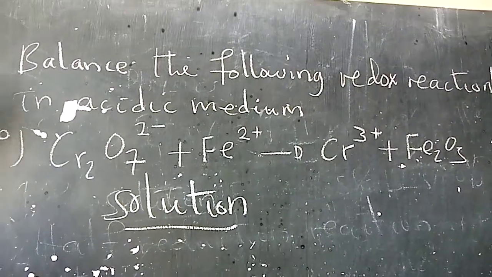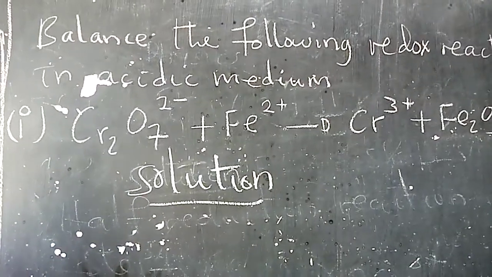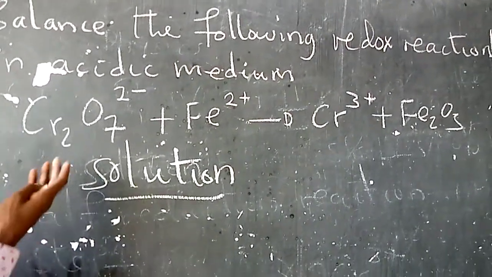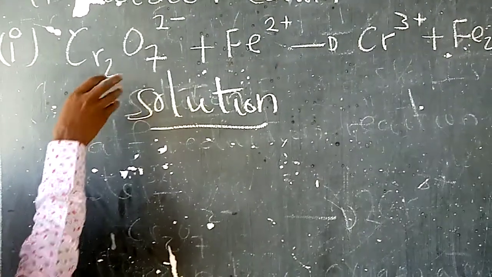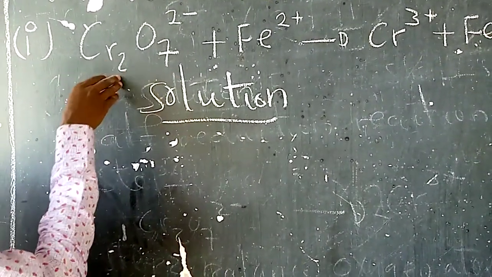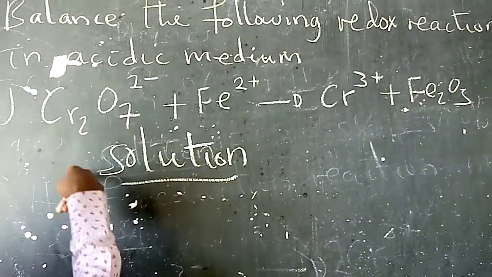Here our question is saying balance the following redox reaction in acidic media. As you see, this equation is a redox reaction. How? We have to look at the oxidation state. When you find the oxidation state for the chromium in the reactant side and the chromium in the product side